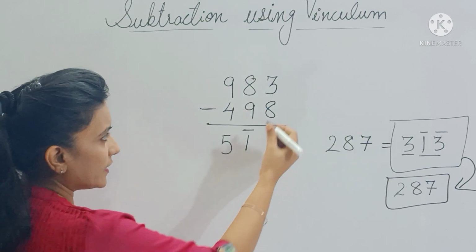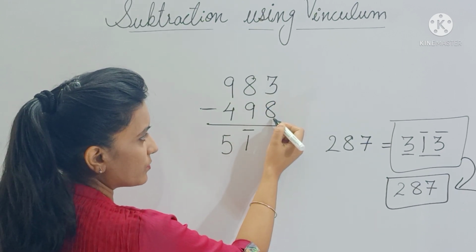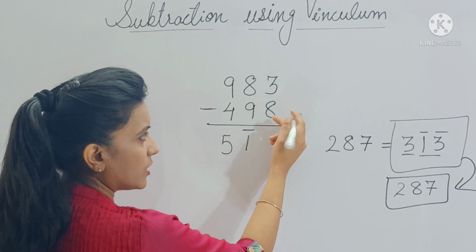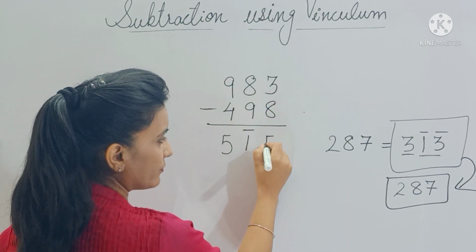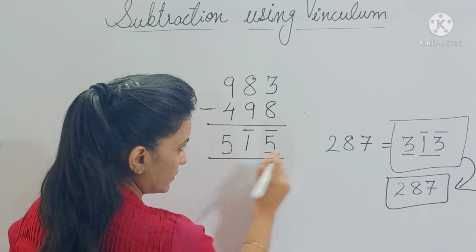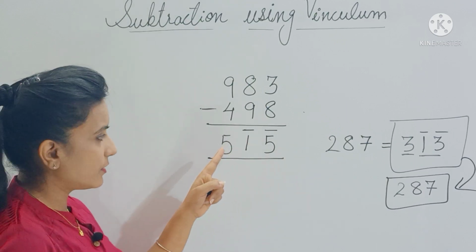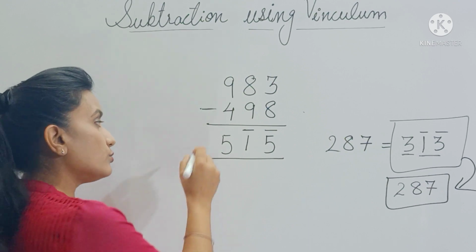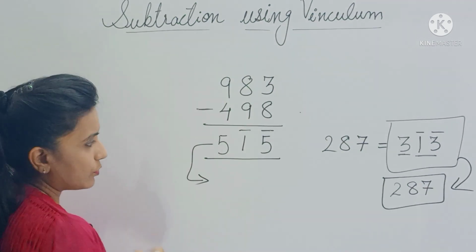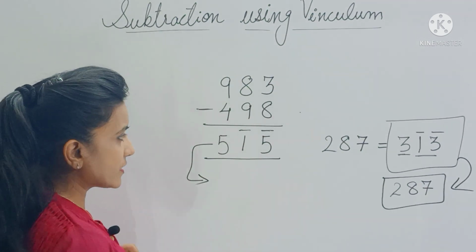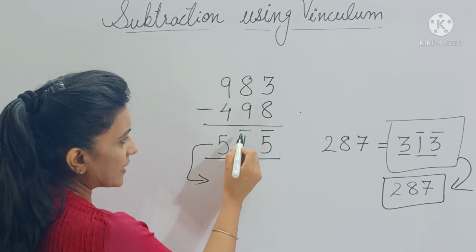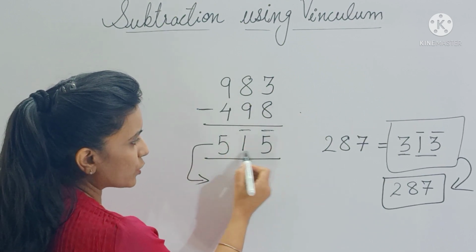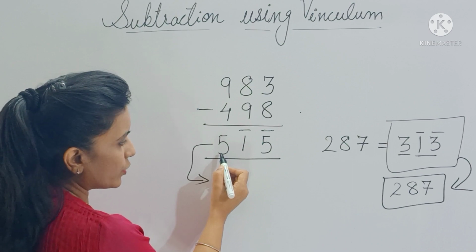Okay. Similarly here 3 minus 8 is not possible. So do reverse subtraction. So 8 minus 3 will be 5 and put a bar. Now this can't be your answer, right? Because this number has positive and negative digits both. So you have to devinculate this number. So I have taught you here how to devinculate. So here you can see that bars are only on these two digits. So this you will reduce by 1.